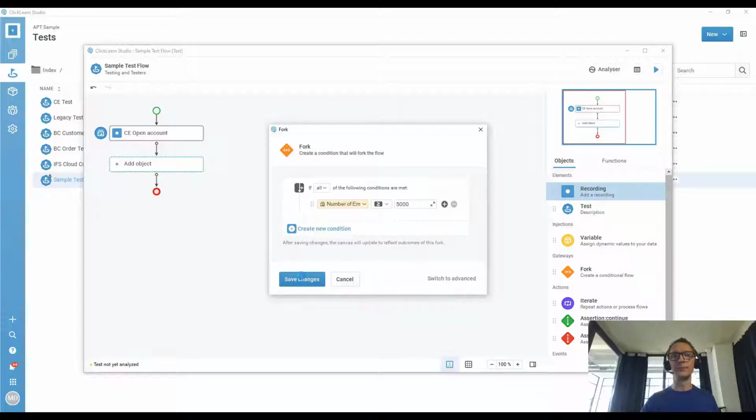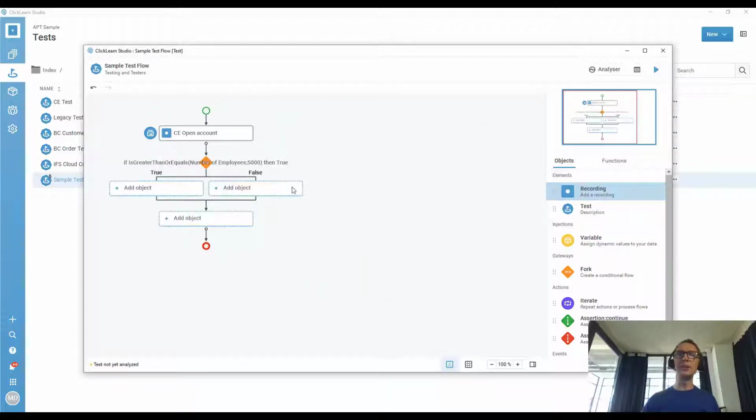Save the changes. Now, as you can see, the diagram now expands. It will highlight what it is that I'm validating, and I now have two ways to go according to if this is true or not. And this allows me to do something specifically if it's greater than or equal to 5,000, and do something else